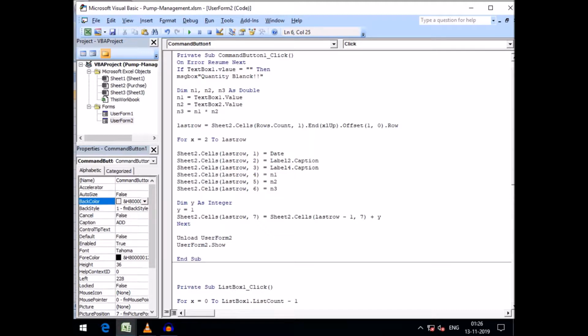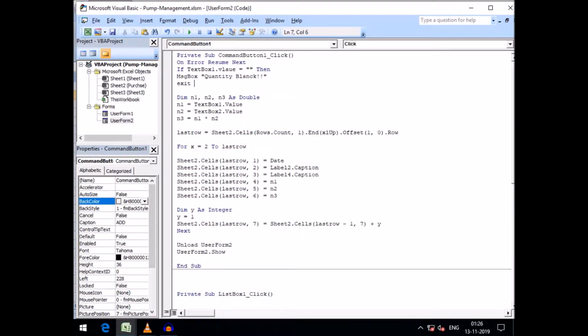We can give an exclamation sign so that we understand that quantity cannot be blank, and exit sub